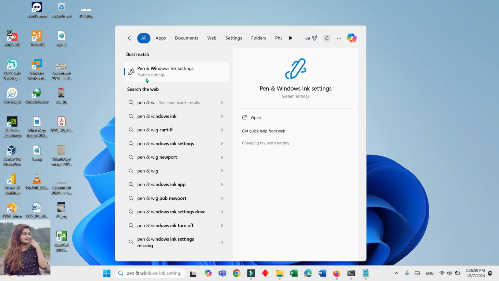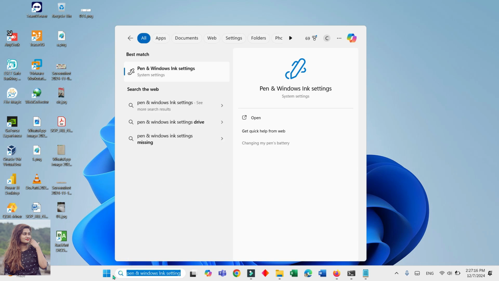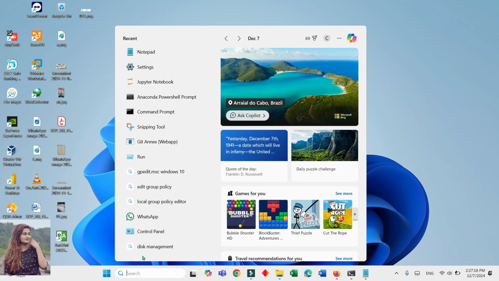See, I have written a few things and I have got the best match with Paint and Windows Ink settings. So I can open it from here, or I can go to the system settings. So I have closed this and I will enter the settings,